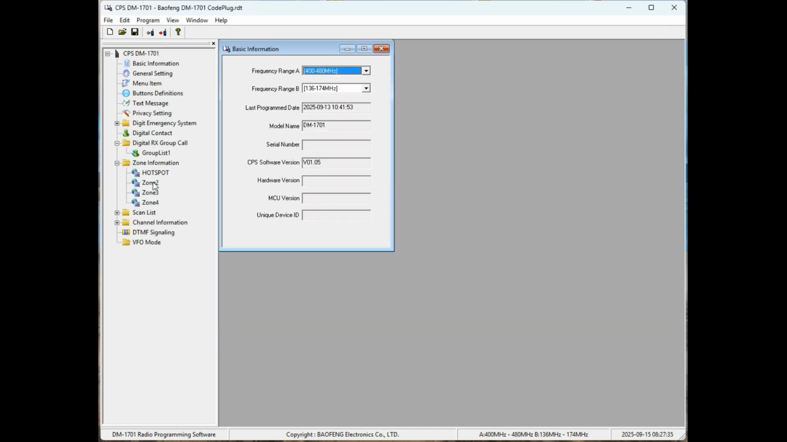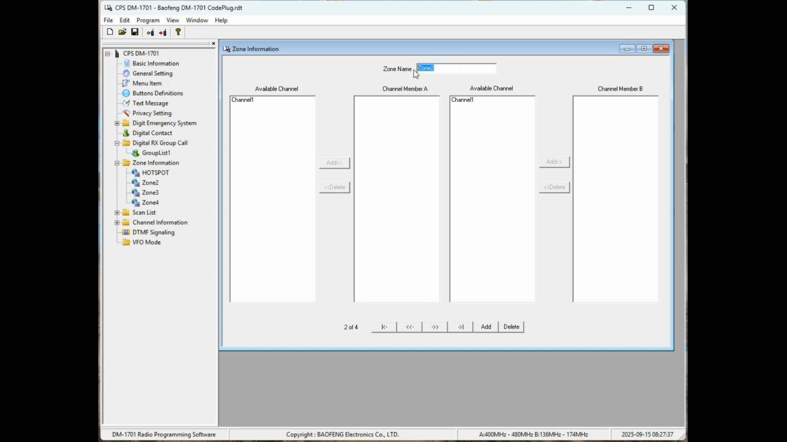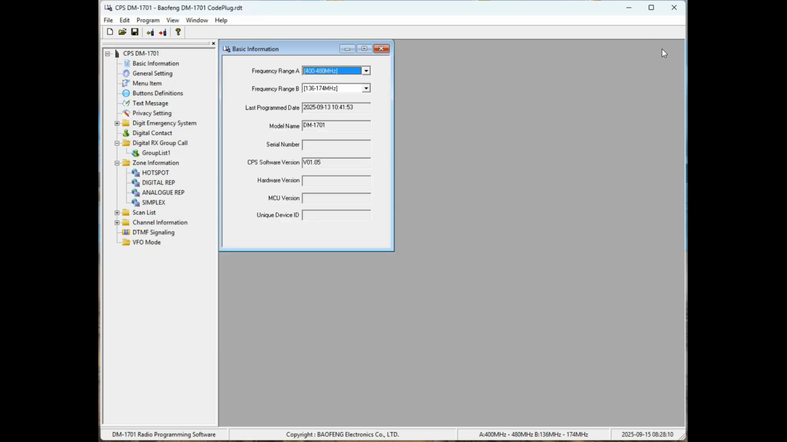Click on Zone 2 and name it Digital Rep for digital repeaters. Click on Zone 3 and name it Analog Rep for analog repeaters. Click on Zone 4 and name it Simplex. You can choose your own names for your zones, and we will return to zones later when we add our